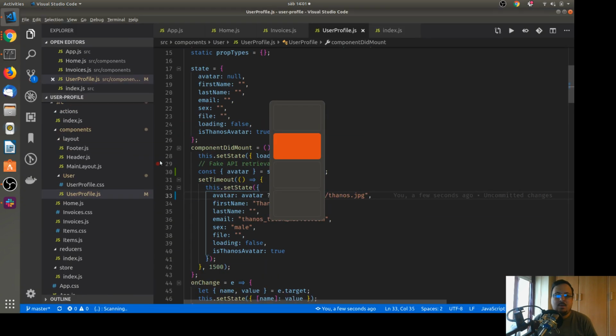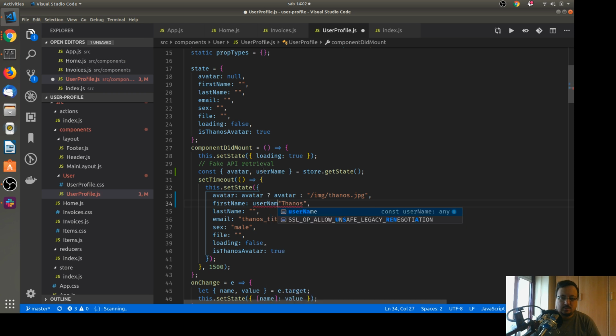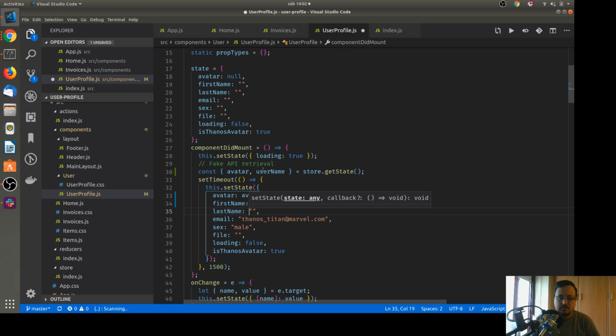I don't have the name because I didn't go into here, but if we do first name, let me come here into username. So if username exists, username splits, something very quickly and ugly here, and user, well, just let me copy this. That's like, okay, if we have some,